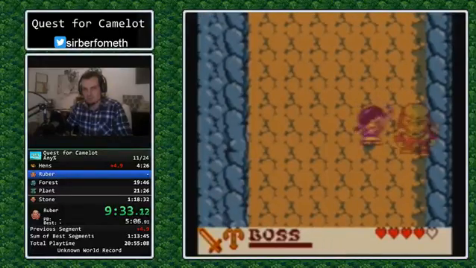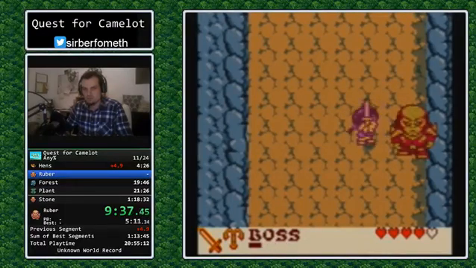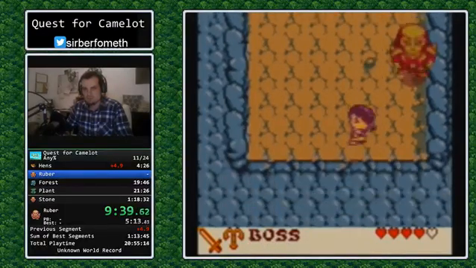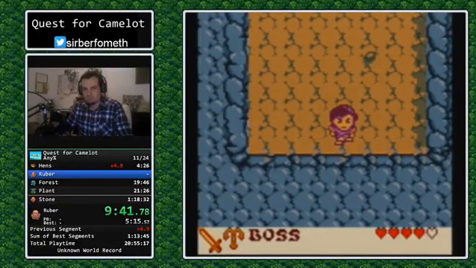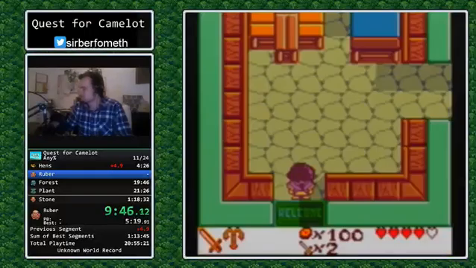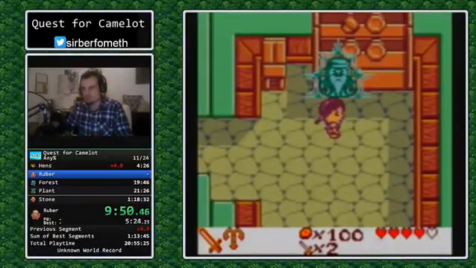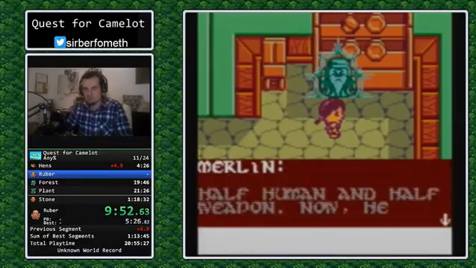Usually I want to stunlock him. I cannot stunlock him the way I used to do. I used to stunlock bosses. Wow. Sometimes the exit doesn't appear. I do not know what causes this, but